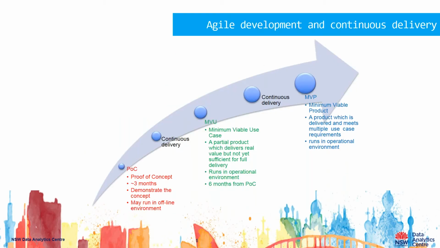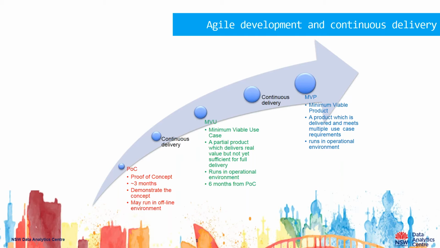We're government, therefore we're agile. And I'm sure everybody else around the table is just as agile as we are. In the world of agile, there are several different concepts. The first is a proof of concept. The idea is, in a short, sharp burst of activity, you bring together different components which prove the concept of what you're trying to deliver. And then in an agile fashion, you finally come up with what's called the minimum viable product.